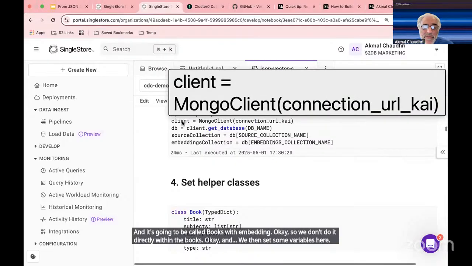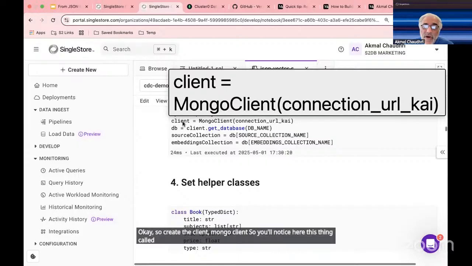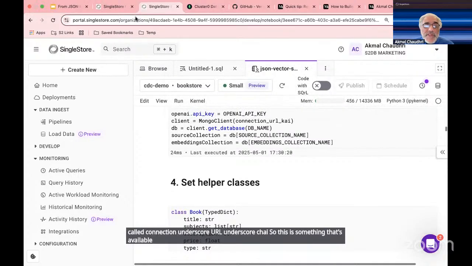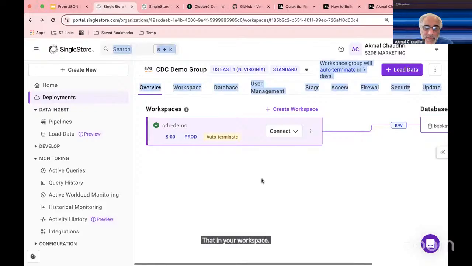So we can create the client, Mongo client. You'll notice here this thing called connection underscore URL underscore Kai. This is something that's available in the environment. Let me go back here for a second and show you. Here you can see that in your workspace,